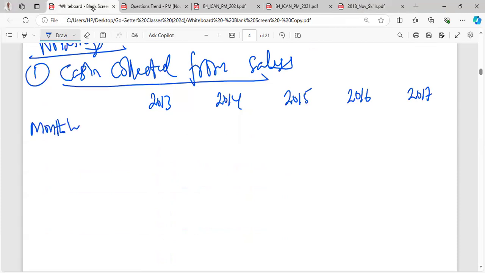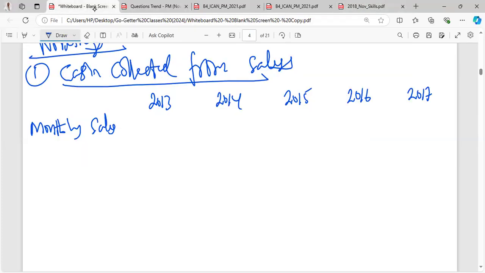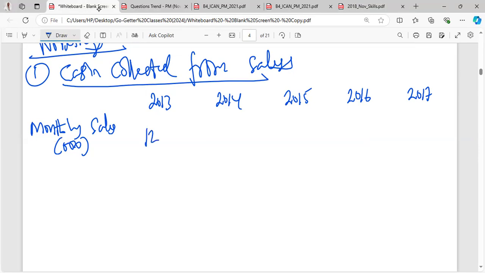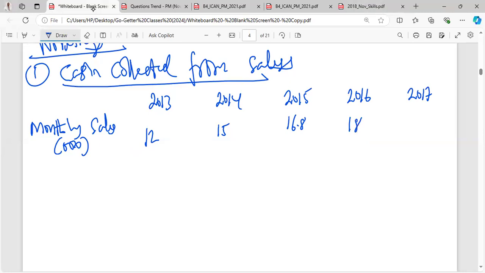Monthly sales. This is 12, 15. So let me do it this way. 3 zeros. 12, 15, 16.8, 18 and 24. So now we say yearly